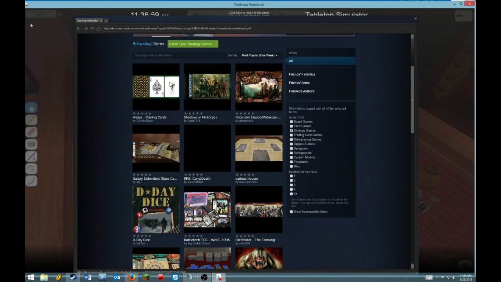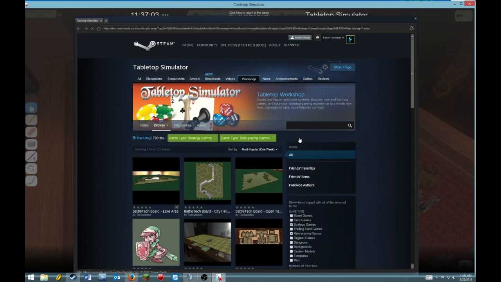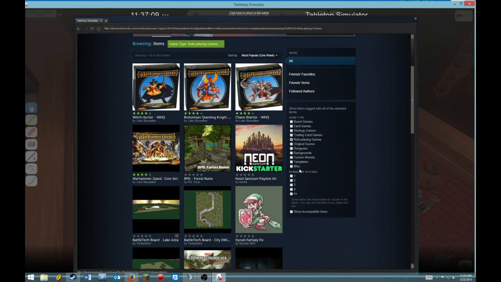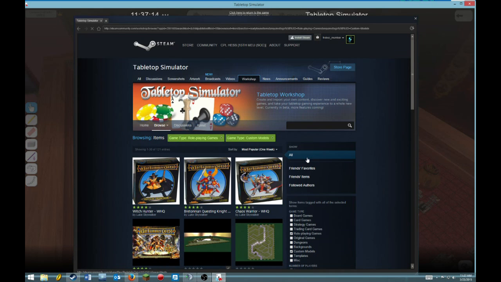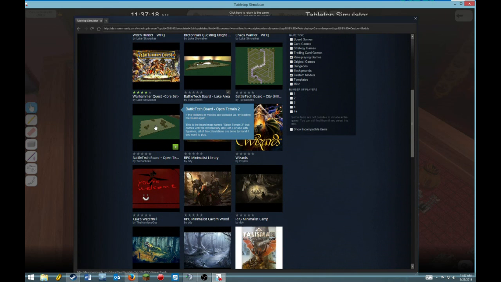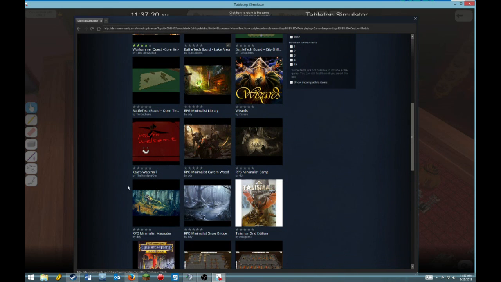Again, this is under card games. You can check role-playing games. Let me uncheck the strategy. Of course, because you can see under miscellaneous, you have templates, custom models. So if you're looking for somebody's models that they've used, for example, this BattleTech board, there may be